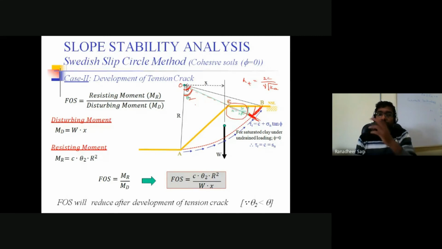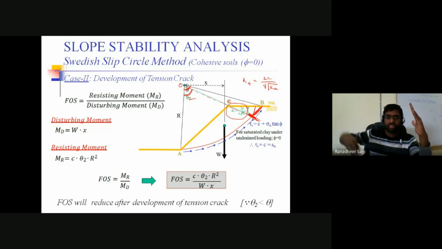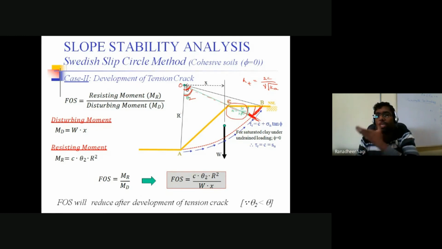Now, as theta 2 is less than theta, if you can go back to the expressions of what we have talked about regarding the factor of safety, the angle subtended between those two lines defining the failure surface region, arc of the circle, if that angle subtended at the center is decreasing, then automatically the total force resisting the failure is decreasing because the arc length is decreasing. If the arc length is decreasing, total force getting resisted along that arc length is decreasing, and automatically the factor of safety of the slope is also decreasing.